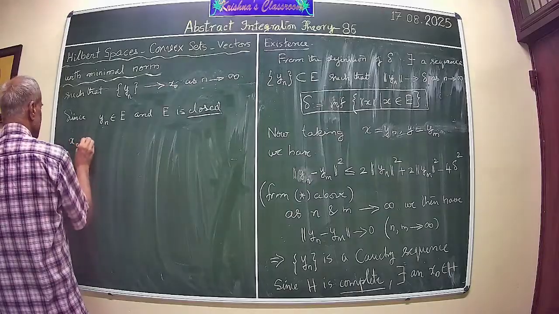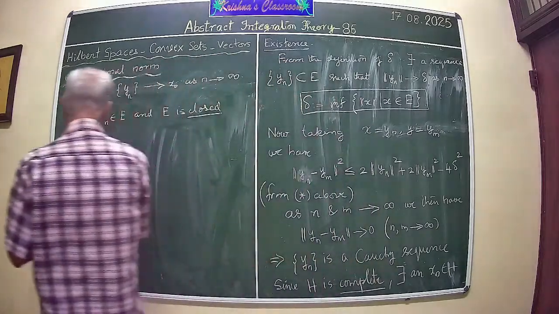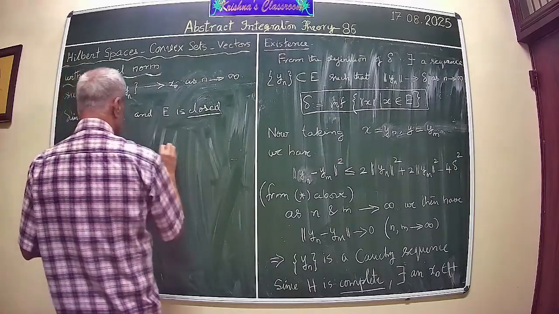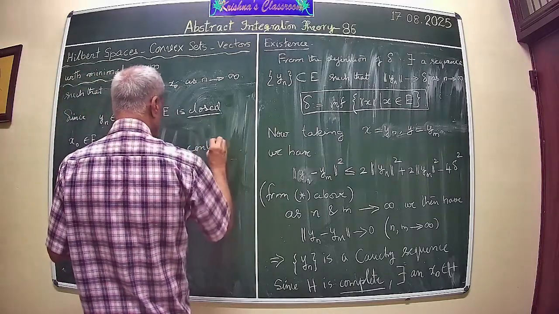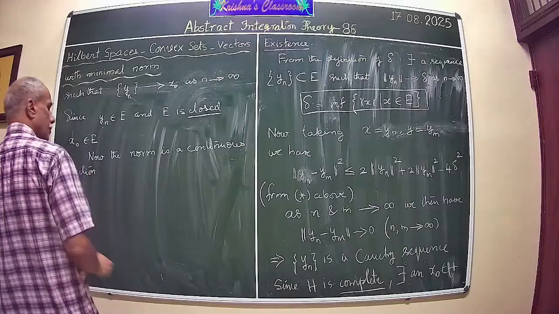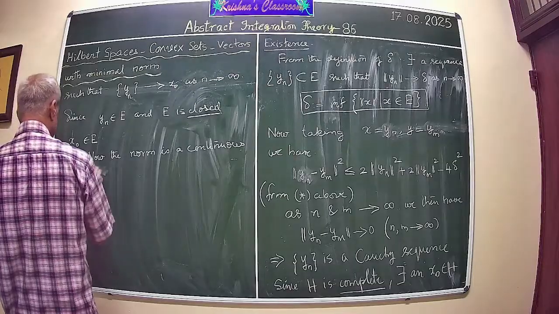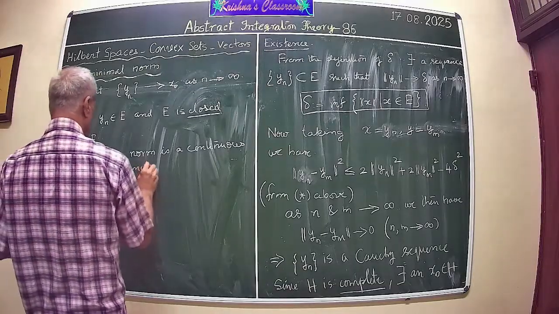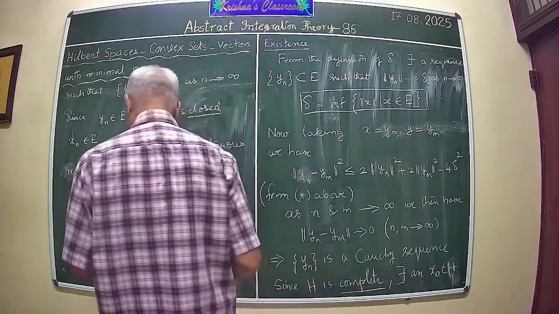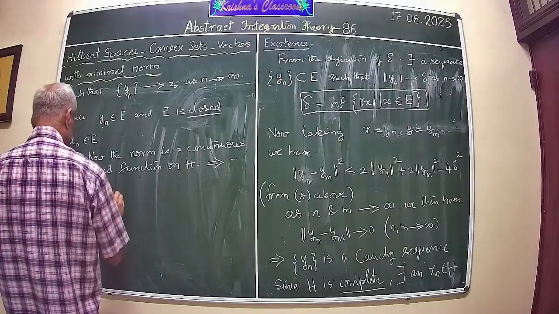X naught belongs to E. Now the norm is a continuous function. Therefore, it implies norm of X naught equals the limit as n tends to infinity of norm of Yn,